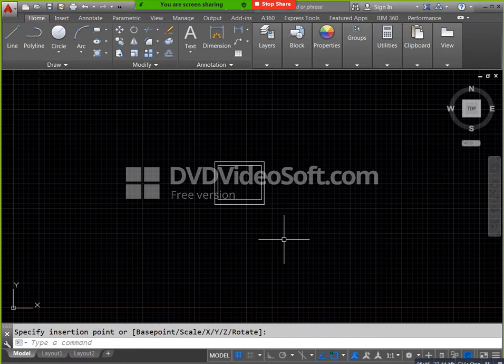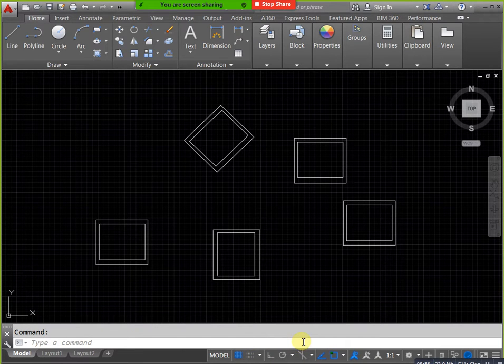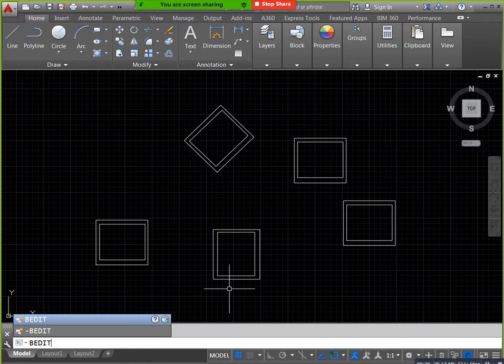Okay, now we completed temporary block, permanent block, that is, the temporary block and the write block. Next we need to discuss the block editor. For example, I created this one. I need to add supply symbols like crossouts, and here I need to add 2 more rectangles. How can we edit in that condition? We have one command for that purpose. You can mention B edit, the block editor shortcut, or otherwise you can double click also. B edit. Automatically the edit block definition dialog box opens.